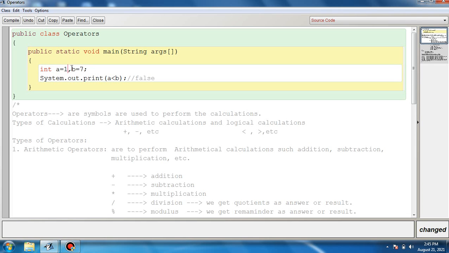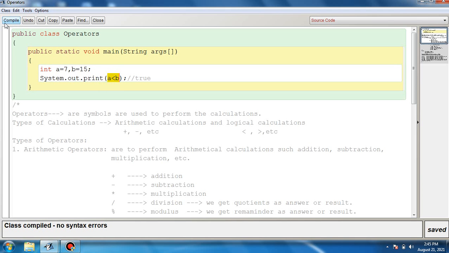But if we change the values to 7 in A and 15 in B, then 7 is less than 15. So what will be printed on the output window or terminal window? It will print true, because this expression, or relation, is true.